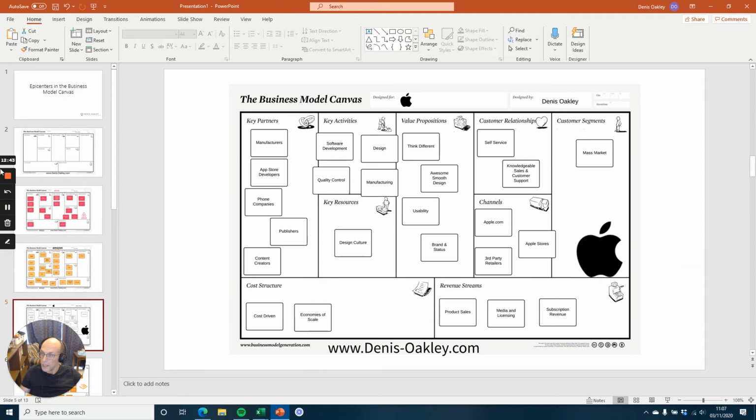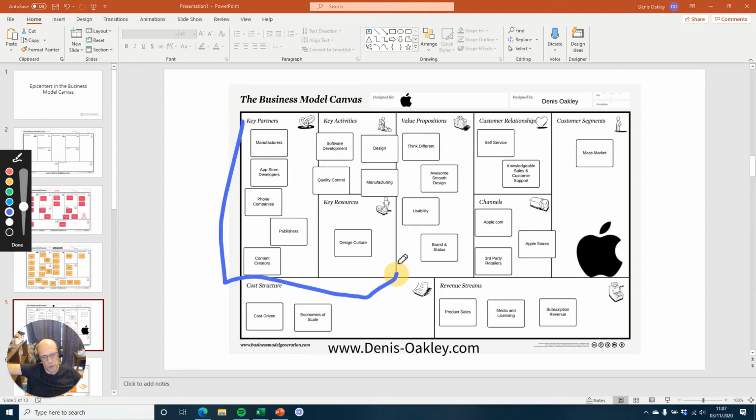Next one, let's have a look at Apple. What color should we use? We'll go back to a blue. So Apple on the business model canvas, I think, well, it's not particularly resource driven, because okay, you've got the design culture, but that is as much marketing and branding. It was putting everything together. I think again an offer driven